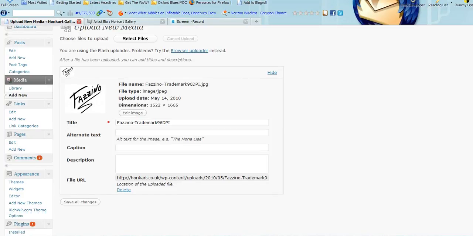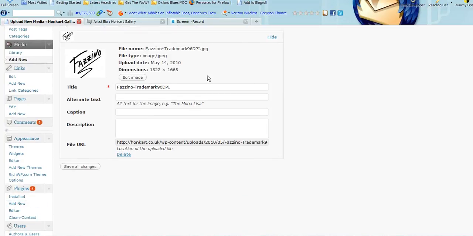Now here it is. Now what we've got here is all the information. It tells you what the dimensions are. It tells you the name, obviously, but it's a JPEG, its title. Now you can change that if you want. Alternate text is always worth doing. Alternate text. So we're going to put in there